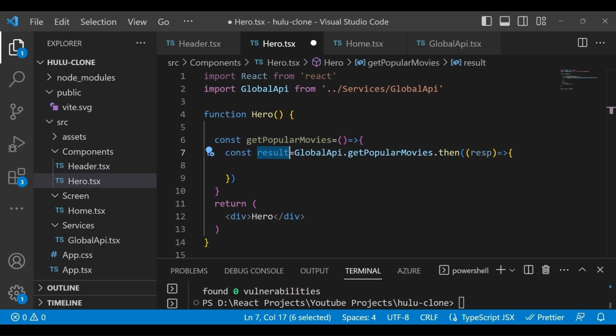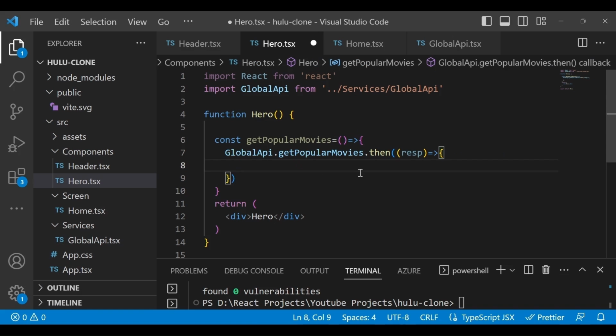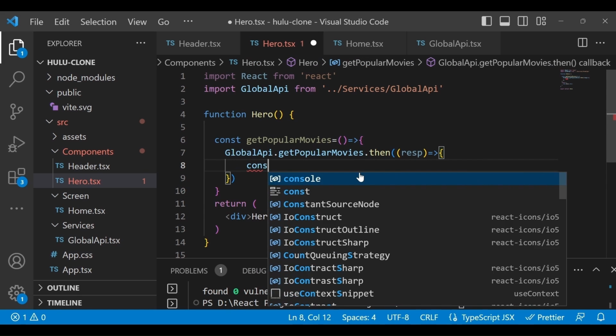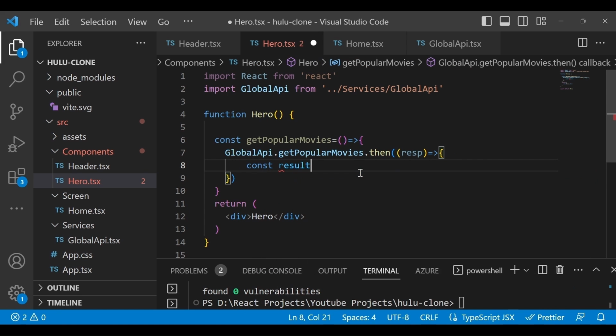Here you can manipulate the data if you want, or if not, we can keep it as it is. Actually we will store it like this, not here: constant result is equal to response.